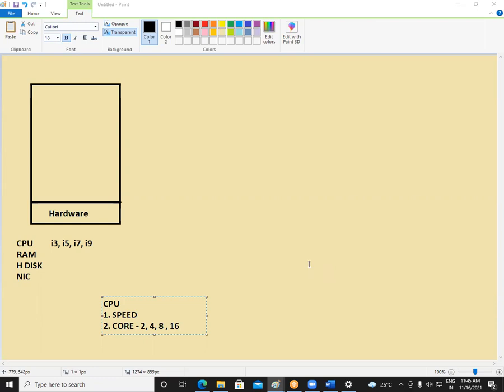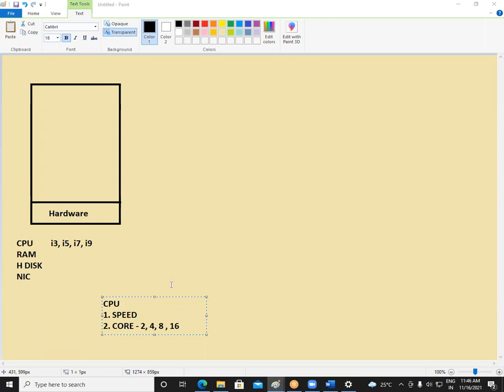One processor is working as totally how many processors? 4 processors. So that's better, right? One physical chip, one CPU, is working as 4 CPUs, which is much better. But obviously we need to pay more money for that. If you want 8 cores in a processor, the cost will be much higher compared to a 2-core processor.